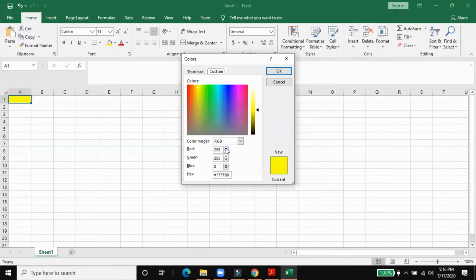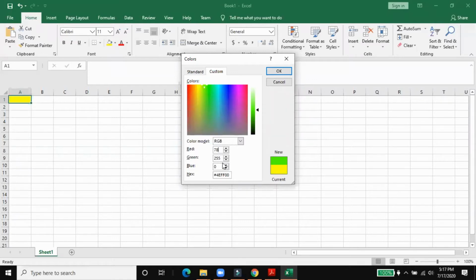If you want to choose any shade, for example, you write 78, and then 0 to 255, you can choose any color. If you just write values from 0 to 255, the color changes. Green has a limit of 0 to 255, and blue also has a limit of 0 to 255. In a computer, all colors are made of three basic colors: red, green, and blue.